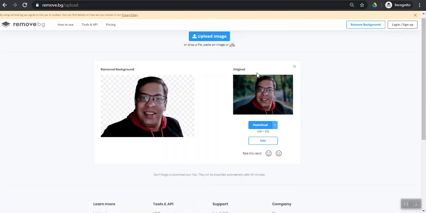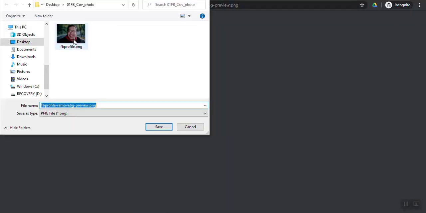Within seconds, your image will be ready without a background. The artificial intelligence will detect your face and remove the background. Just ensure that the image you select doesn't have your own shadow in it. Now this image is ready without a background. Click on download and save it.